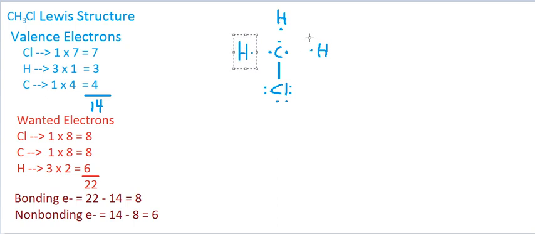Similarly, hydrogen tends to be terminal as well, because with just one bond, if I take these 2 electrons and turn them into a bond, now there is a complete valence shell for hydrogen because it has 2 electrons from this bond surrounding it. It's done. It's filled its duet just with 1 bond. So it's going to be terminal. It's not going to bond to other stuff and form more than 1 bond. And this is going to be true for all these hydrogens. So that is the Lewis structure for